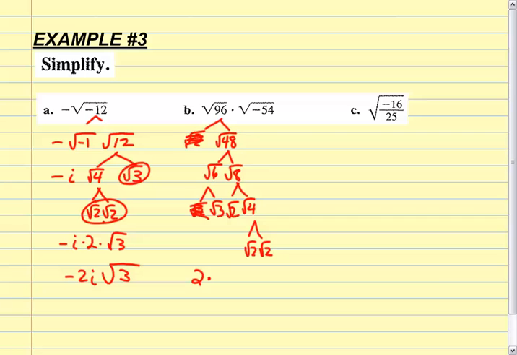I've got 2 more root 2's. That'll give me another 2. And I've got root 3 and root 2, which I can't simplify, so that gives me root 6. So this is going to be, what, 4 root 6? All right. So root 96 is 4 root 6 times,